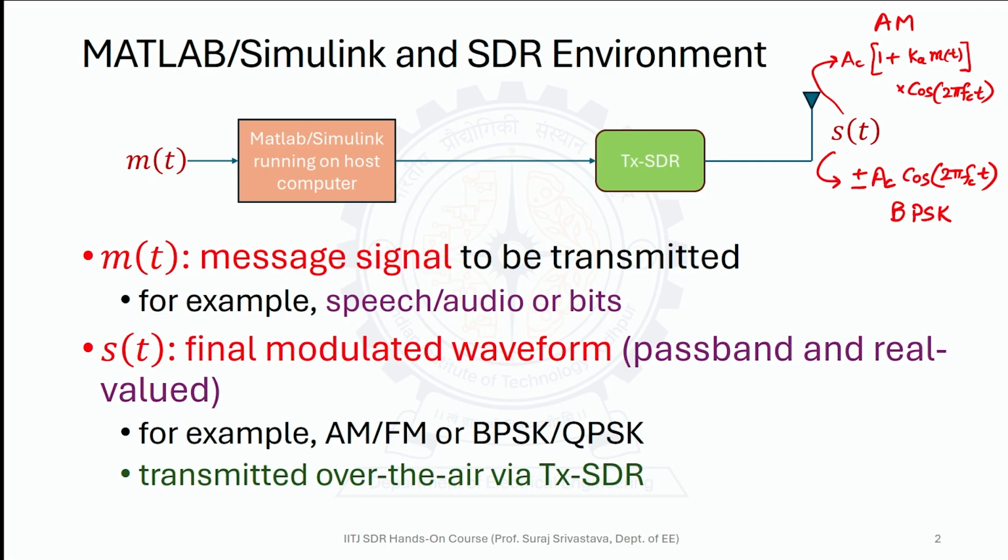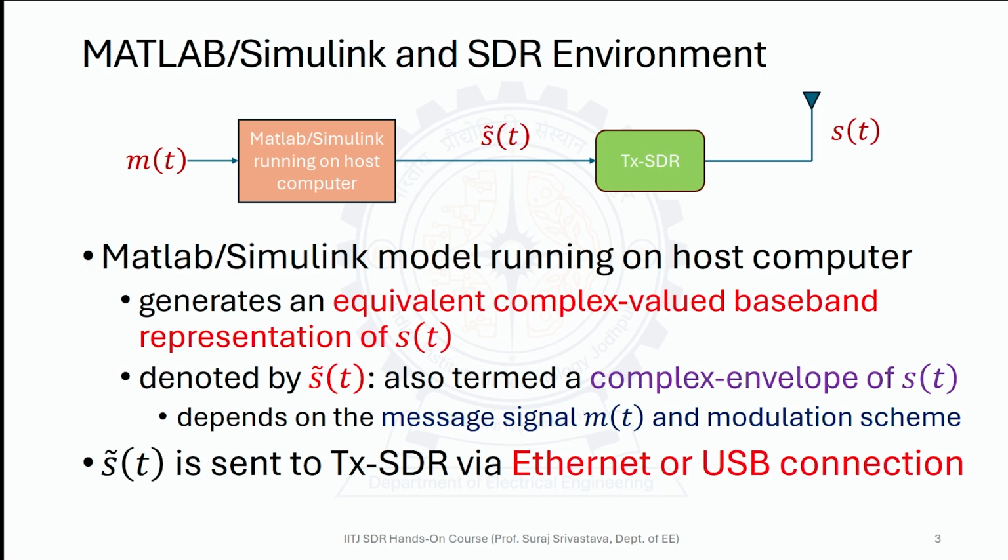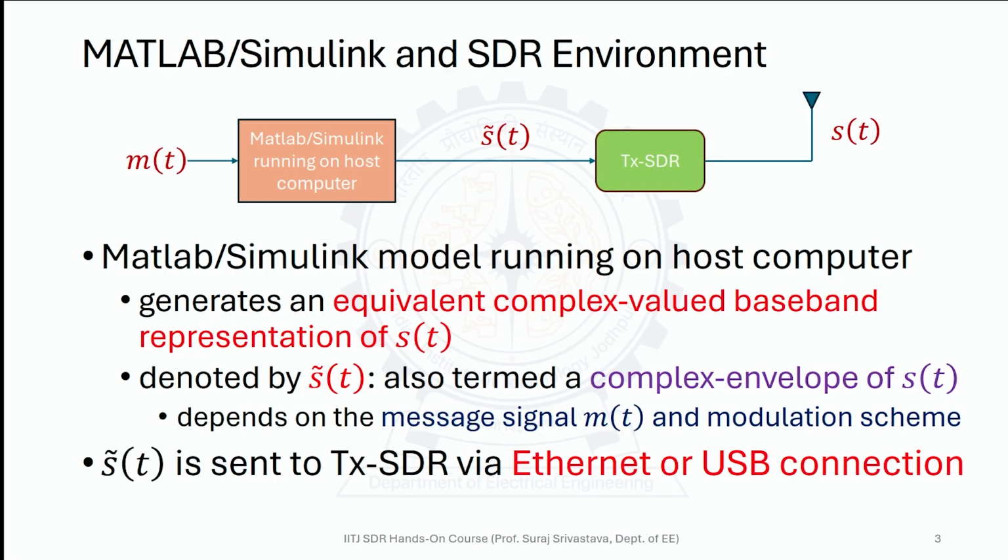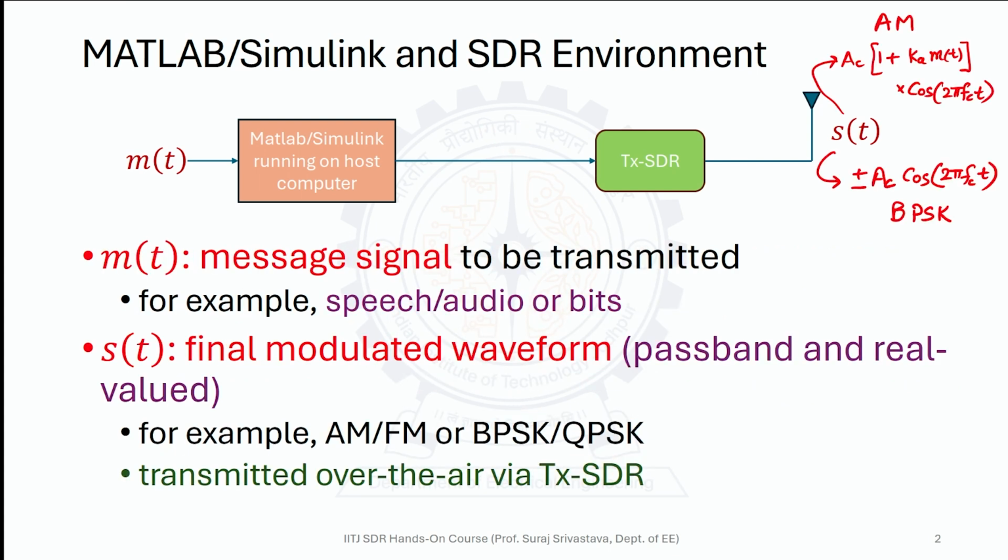host computer. Now this we briefly discussed in the last lecture, but now we will explore it further. The role of MATLAB Simulink model running on the host computer is to generate an equivalent complex valued baseband representation of the signal s(t). So for example, if you look at the previous slide where I mentioned the passband representation of amplitude modulation as Ac into (1 plus k m(t)) and the passband representation of BPSK as plus or minus Ac cosine 2 pi fc t. So their corresponding s tilde(t)